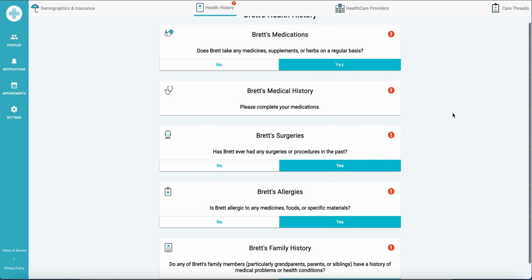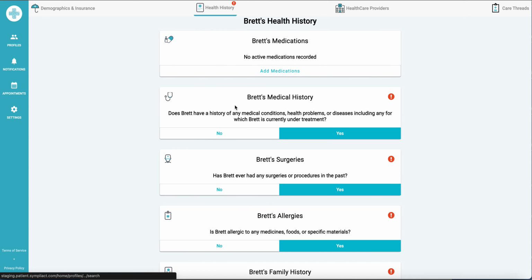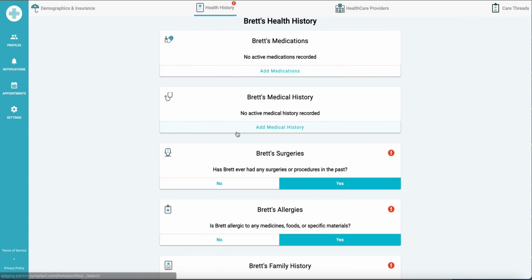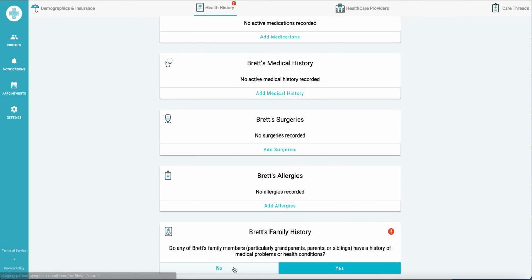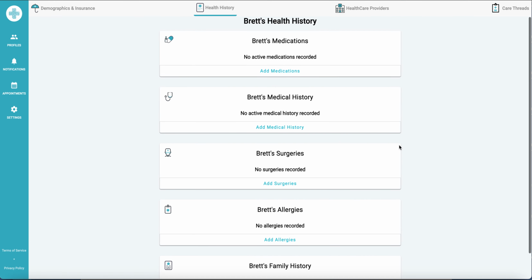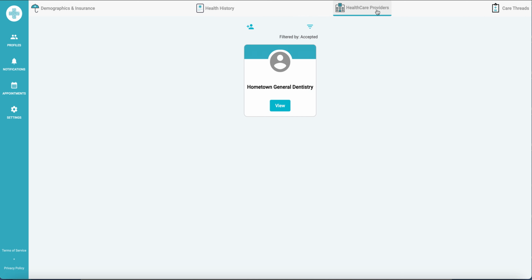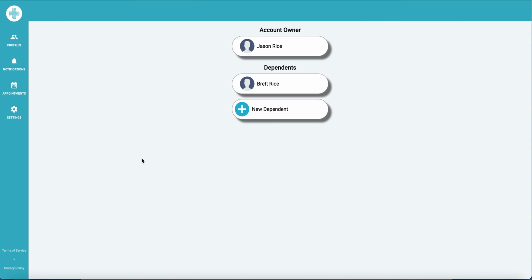On a young, healthy kid, nice part about this medical history flow, super quick, super easy, and at that point, registration is complete. We're connected to a provider. All of our alerts are gone. We go back to our profile. Both of these patients are now registered in a very quick, clean, efficient